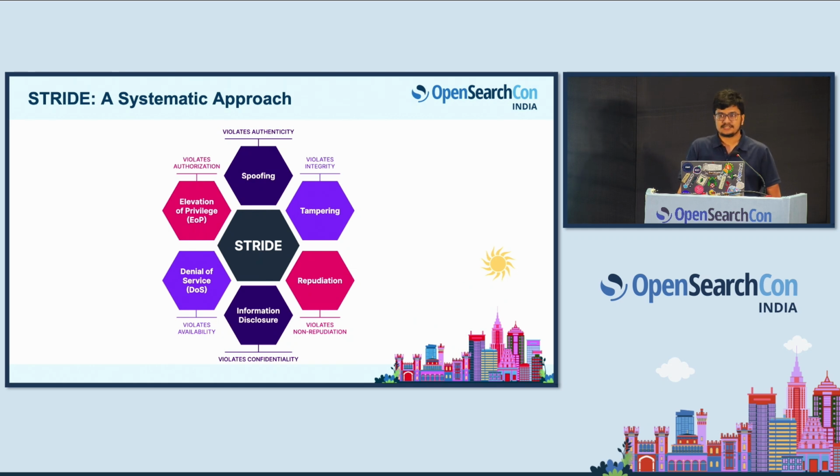Information disclosure is unauthorized exposure of data. For example, you create an OpenSearch installation but leave it open to the internet, without authentication and authorization. I know when I say it out loud, it sounds stupid. Why would somebody do that? But believe me, I've seen people use open default configurations in production, leaving them open